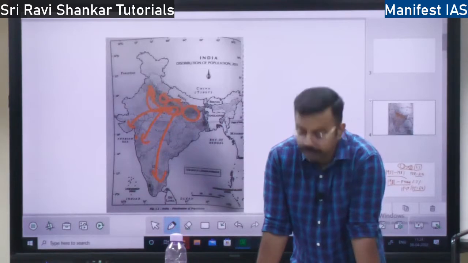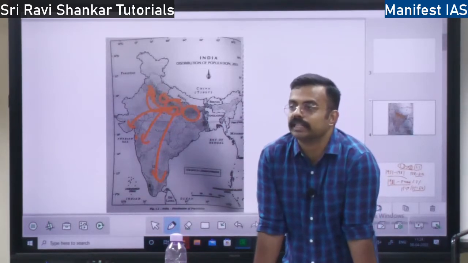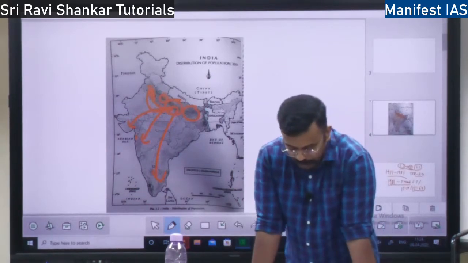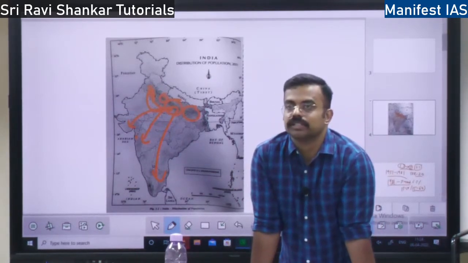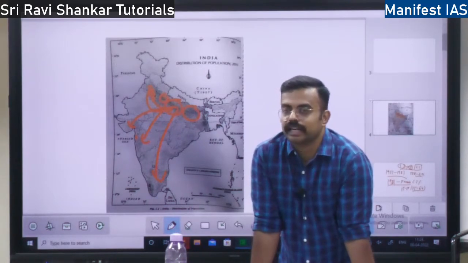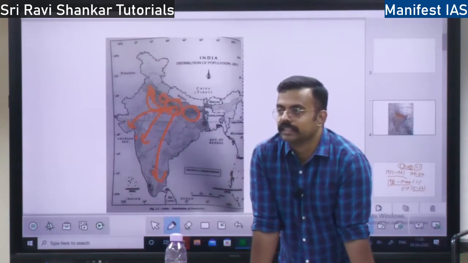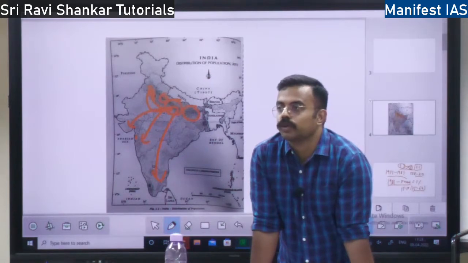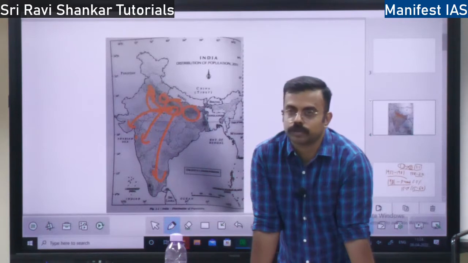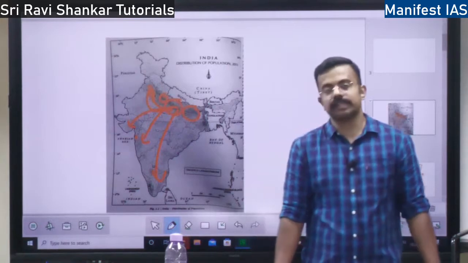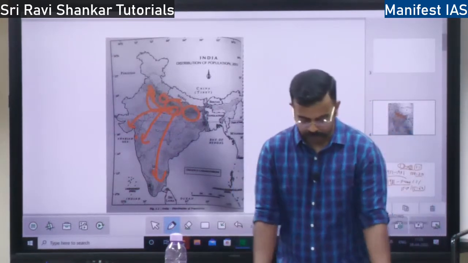So what are the consequences of migration? There are multiple consequences. There are consequences on the source area, and there are consequences on the destination area. The source area is the rural villages. If everybody migrates from the villages, what happens? There is no workforce, right? There won't be people in the villages. There won't be a workforce, and also there are a lot of disadvantages. So what are the consequences? We will divide them into economic, social and demographic consequences.